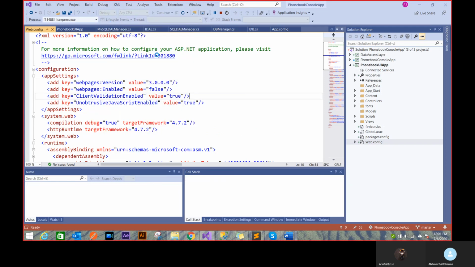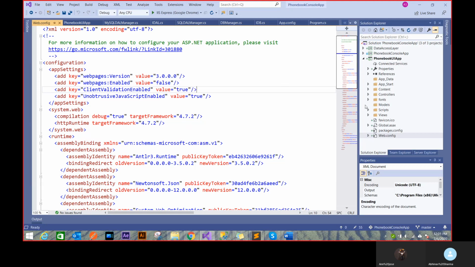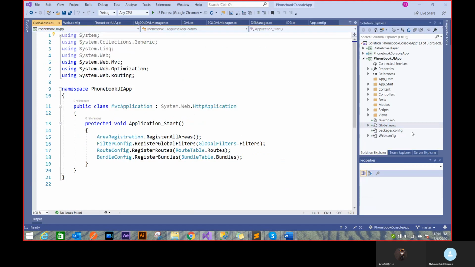So let's just stop that. Whenever I run this application, I will be going first of all to Global.asax Application_Start. That's the first thing that I'm going to hit, and this will be running only one time, once the application is up. After the application is up, no matter how many reloads I do, I won't be coming back here. So anything I want to do at application start, I'll put the code here.